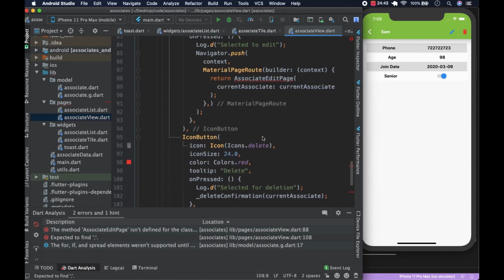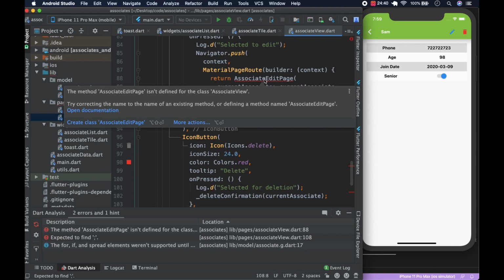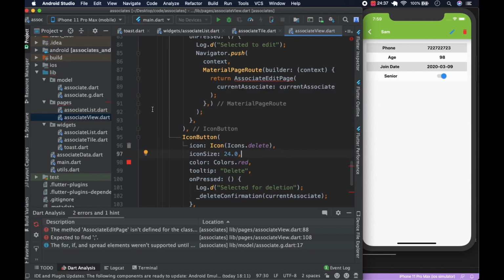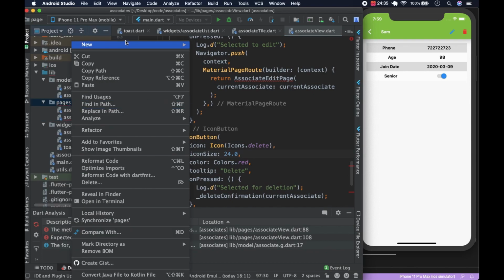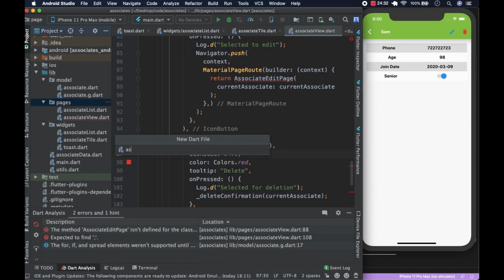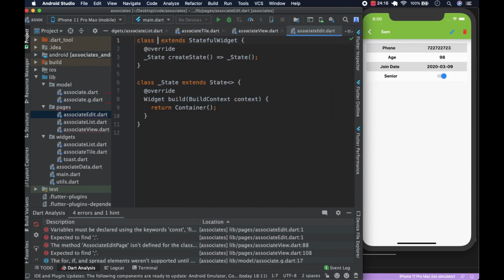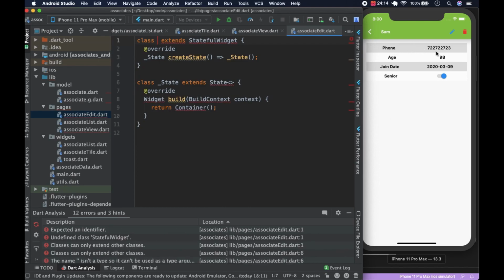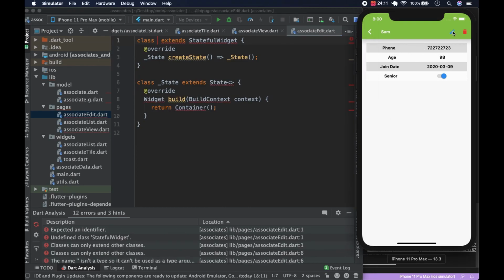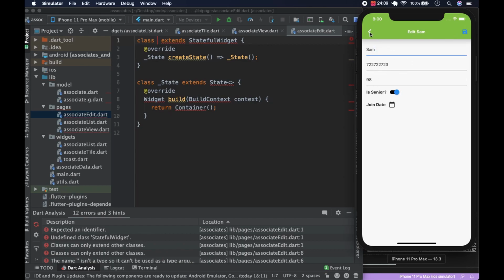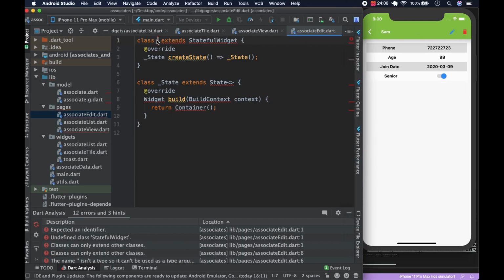So to get rid of this error, let's create a page called associate edit view. So we come here, we right click, and we create a new .dart file called associate edit like this, and we hit enter, and this is going to be a stateful widget because we need to carry over the data, like the number. You see, like when you hit edit, you get the number and the details. So what we're going to say here is